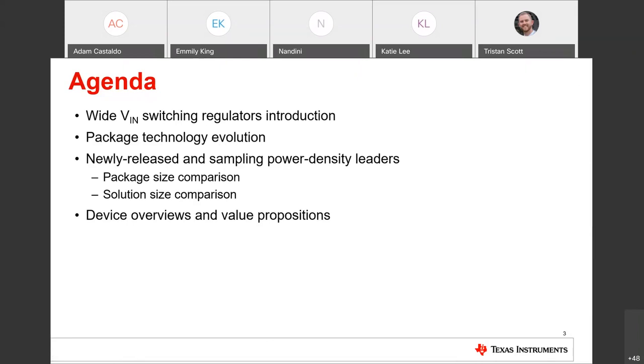And then we're going to go more into the specifics of newly released and newly sampling power density leaders in our portfolio, do a package size comparison as well as a solution size comparison to previous generation switching regulators. And then we'll go into the specific device overviews as well as their specific value propositions to help you better understand what from our portfolio can best fit your design need and solve your design challenges.